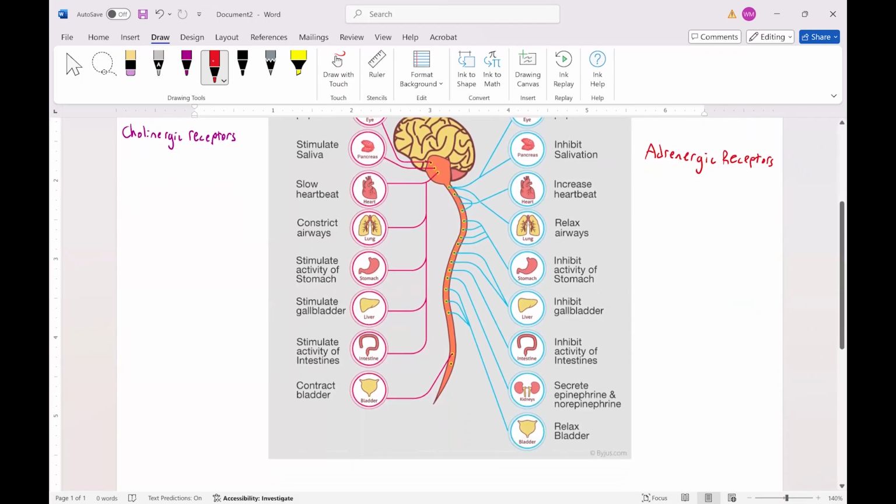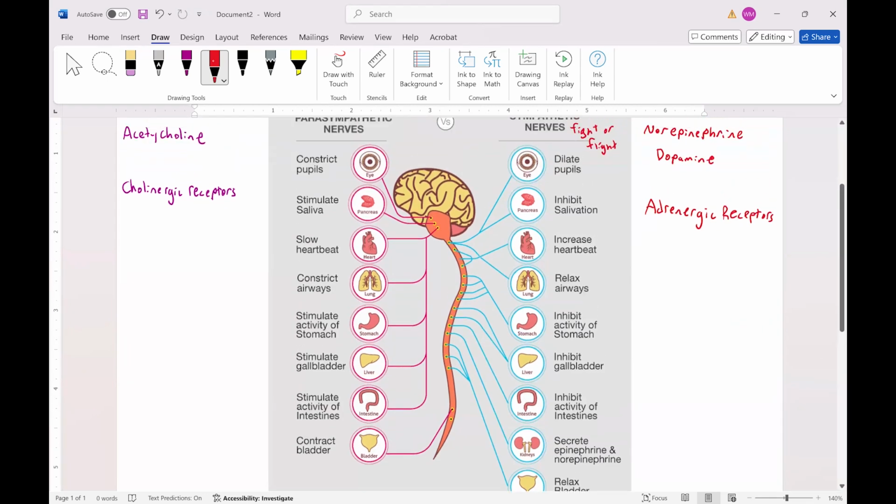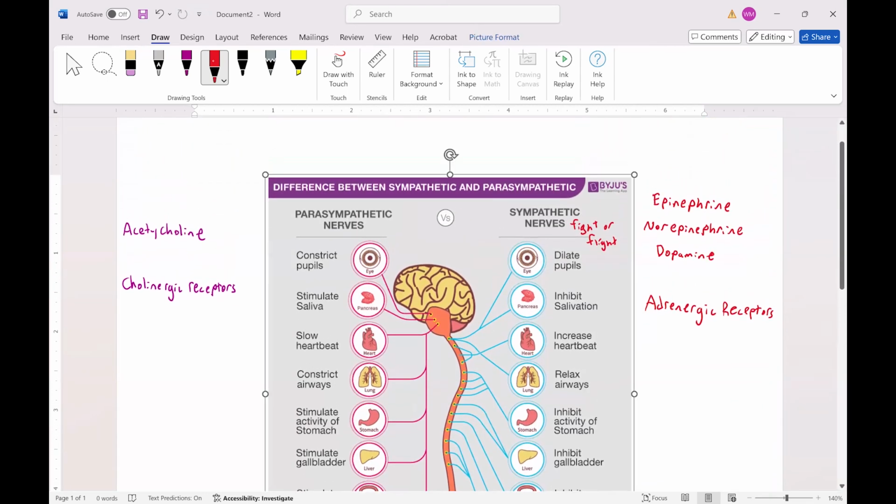We're going to secrete more epinephrine and norepinephrine from our adrenal glands. This is going to keep increasing that sympathetic response until we don't need it anymore, until I'm away from the saber-tooth tiger or I have defeated it. And we're going to relax the bladder, which isn't important now. So with our sympathetic fight or flight, everything is about increasing blood flow to the areas that are going to be needed to fight or flee. Whereas with parasympathetic, we have our rest and digest.